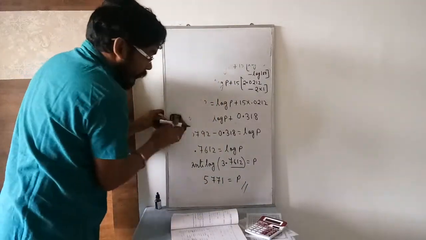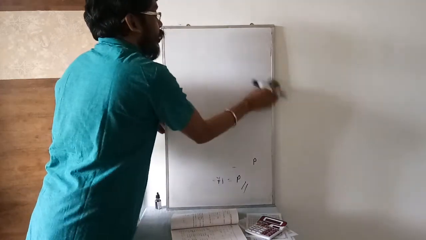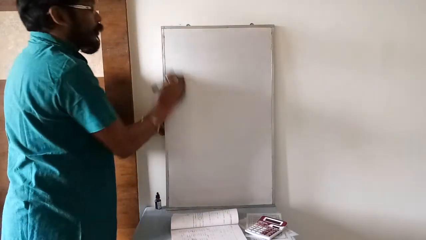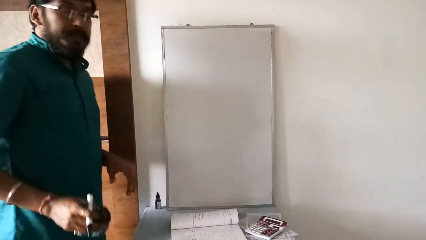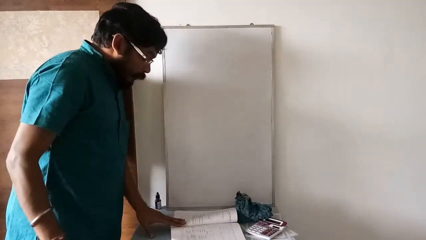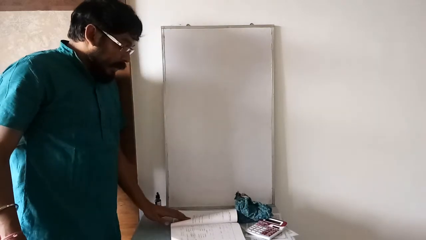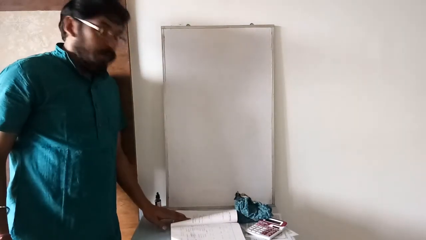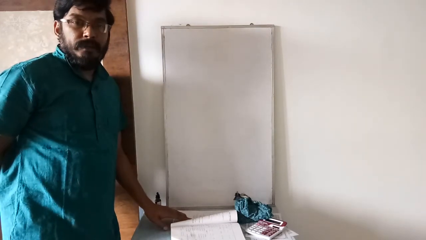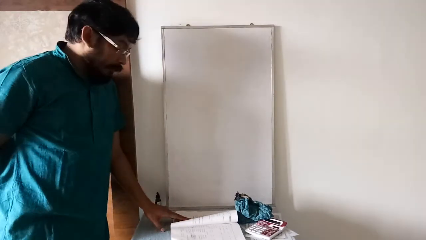Question number 12 gives the formula for determining the volume of a sphere. We all got this formula earlier, in class 9 also. The formula of the sphere is 4 by 3 pi r cube. Here the volume is given as 15.5 cubic centimeter. You have to find the radius, and take the pi value as 3.142. You can't use 22 by 7. Whatever value of pi is given in the question, you have to use that particular value.